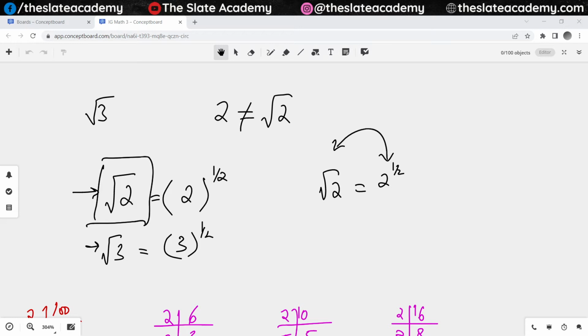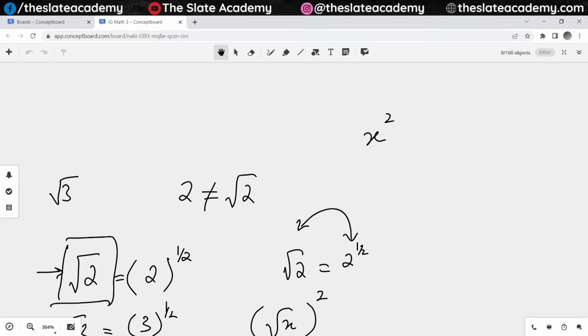And this is also the reason whenever you have got root of something and you want to remove the root, we square it. Did you know this thing? So for example, if I've got an equation x squared is equal to 4, how do I solve this equation? I say taking square root of both sides,